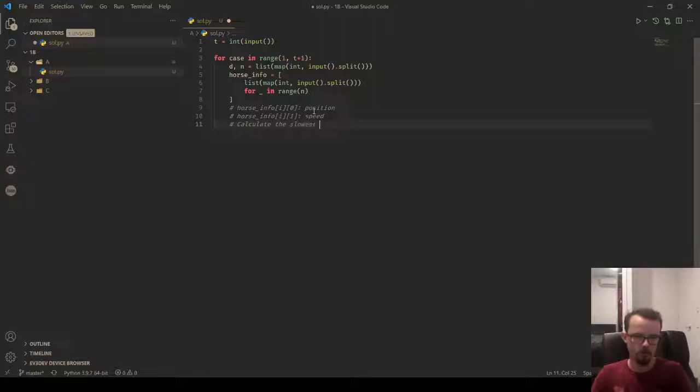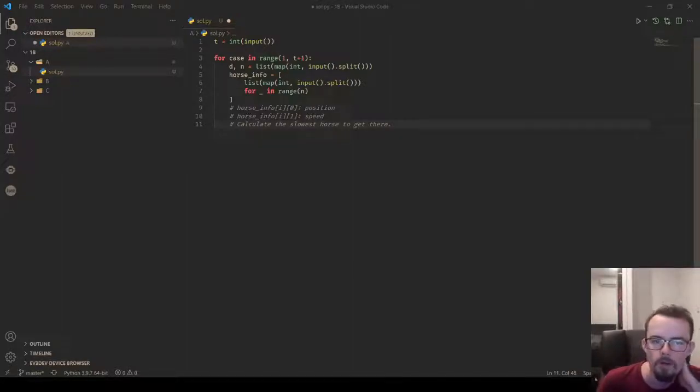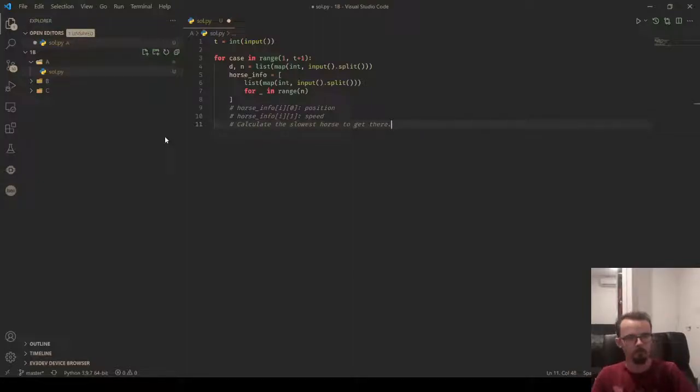Okay, so now I need to calculate the slowest horse to get there. Is there any case where it's impossible to get there? Just trying to read through it quickly. Okay, no, we are saying the speed of each horse is positive, so that's okay. Cool. So let's just say the maximum time required is going to be infinite. So I know that the speed of each horse is at least 1, and the maximum distance, so maybe I'll go back to the